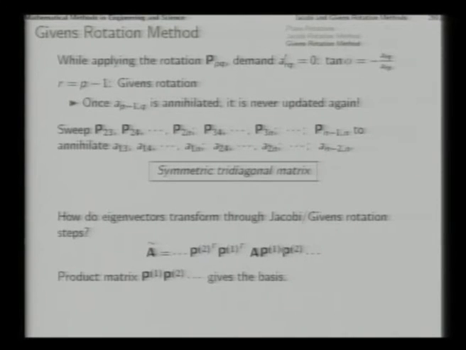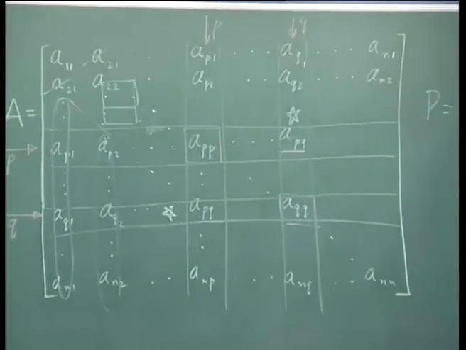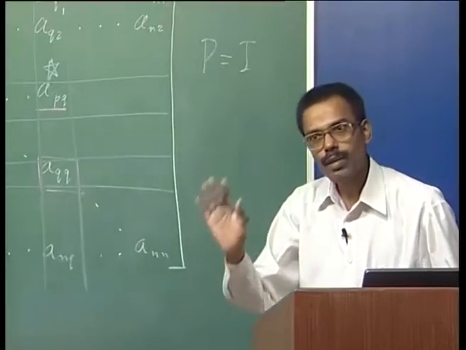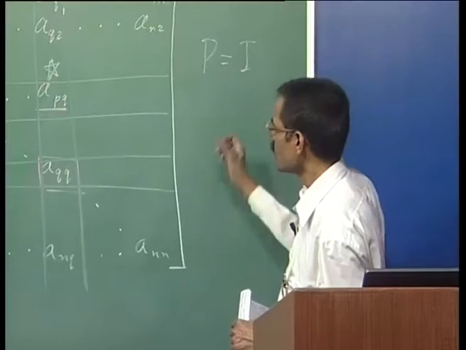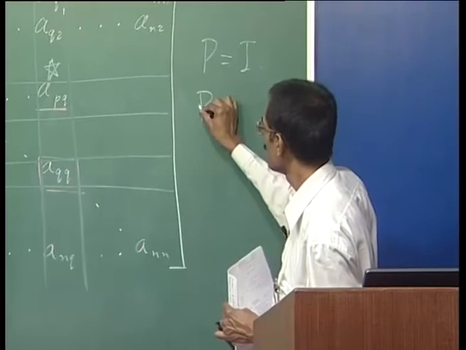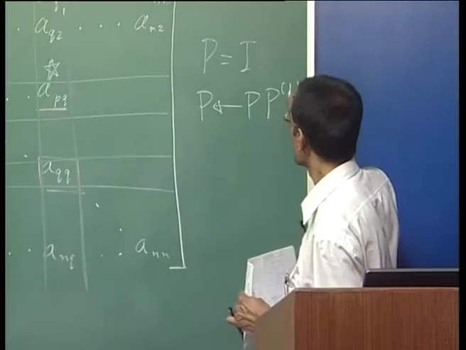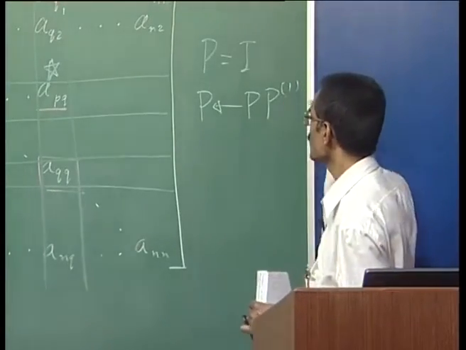You do not want to save all these matrices. So, in the beginning, before we have applied any transformation, we will consider P as identity, and as a transformation is applied, we will keep on multiplying the new transformation on this side. That will mean that in place of P, we will store the product. Whatever rotation has been applied, that rotation matrix will be multiplied to this.